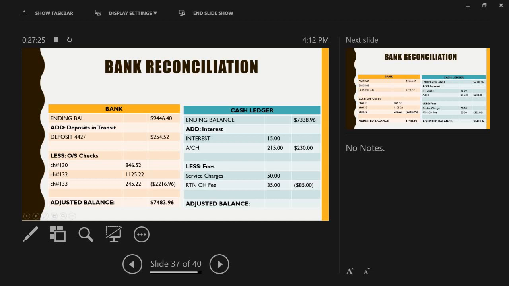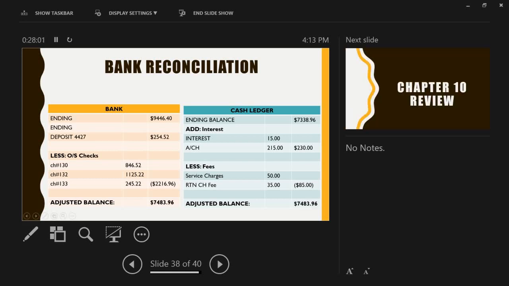Okay? So following the guides right here, you're adding and you're subtracting. So I'm going to start off with my balance of $7,338. I'm going to add $230 because this is interest I've earned. This is money that I've accumulated. And then this is money I need to take away because I need to pay for these charges. So I'm going to start with 7,338. I'm going to add my 230 and I'm going to subtract my $85. And at the end of the day, it should be equal to